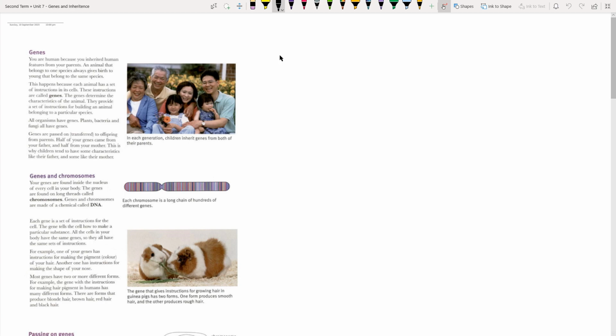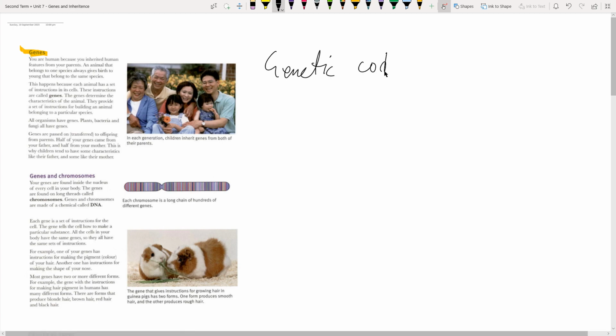So the first and the most important thing is the idea of genes. So what are genes, right? So genes. When we talk about genes, these are the genetic code, right? Genetic codes that contain information